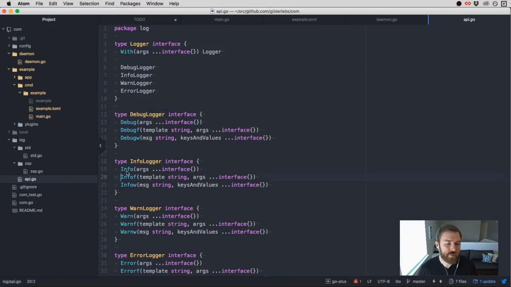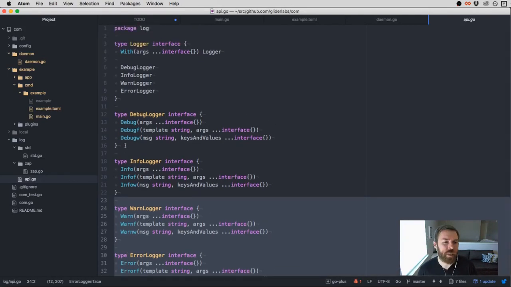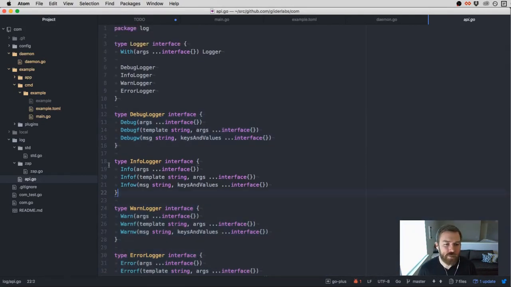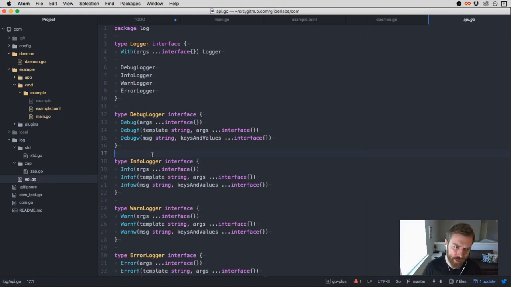And it defined this interface, which is for every log level, which I have opinions about. For example, I don't really use warn or error ever. Something is either for developers in debug mode or for users in its info. That's a different topic, but